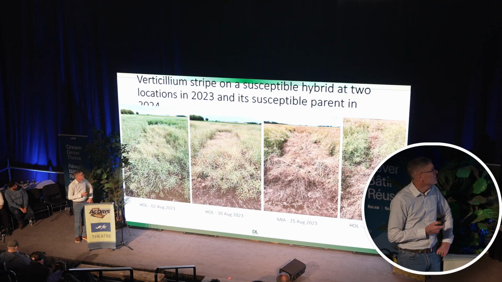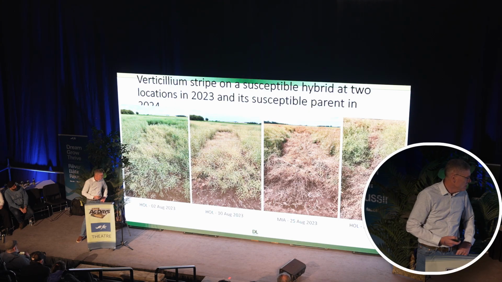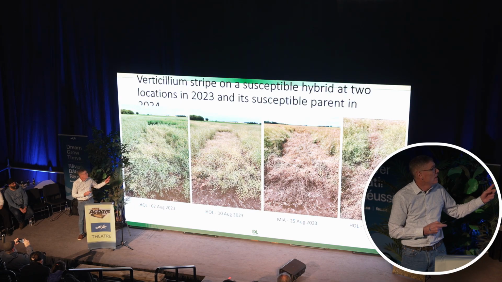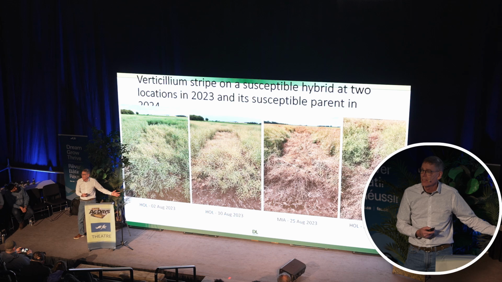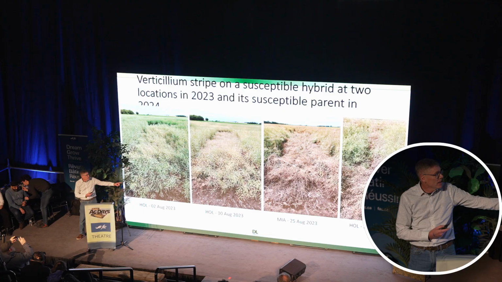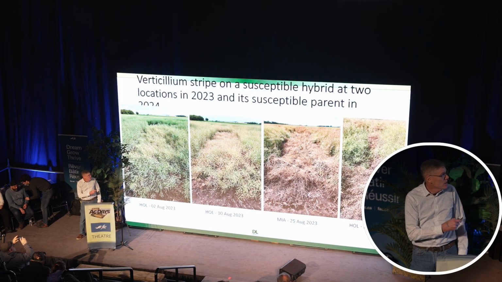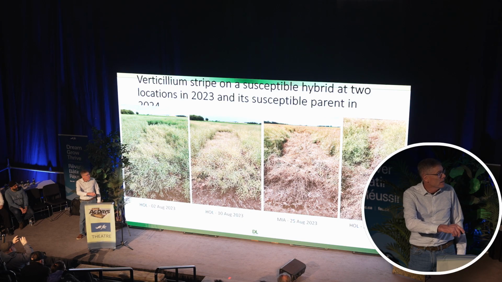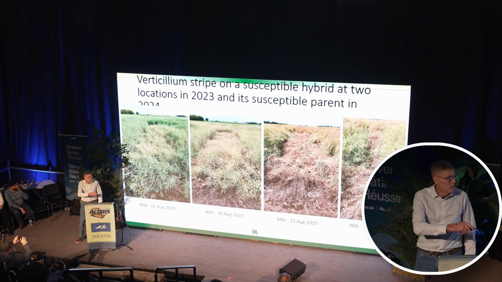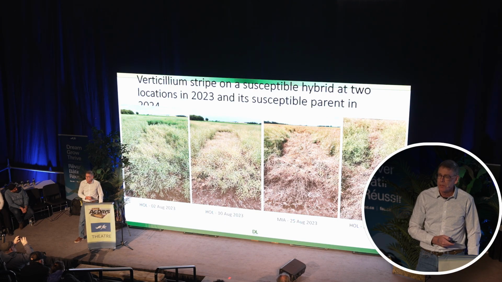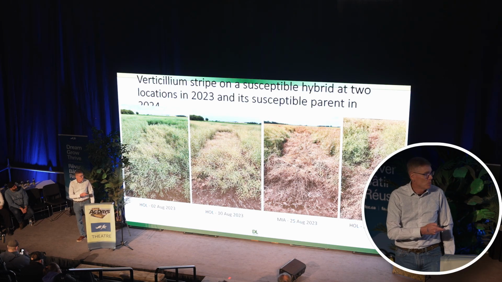So I started working on this disease on August 2nd, 2023. I went to a yield test site and I saw this plot here. And I saw it 3 times because it was a replicated test. So I quit what I was doing, started looking at this. This is the same plot again a week later. It's the same hybrid. And this is the same hybrid at a different location 2 weeks later again. So this is bad. And then this very last one here, that's the parent of this hybrid the next year. So that's partly why that hybrid is so poor.